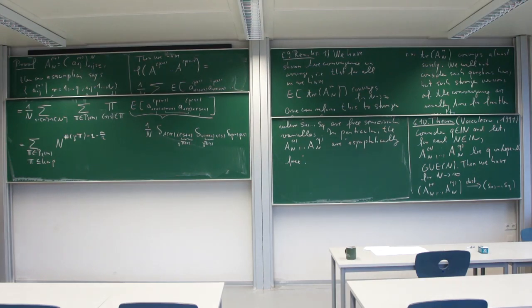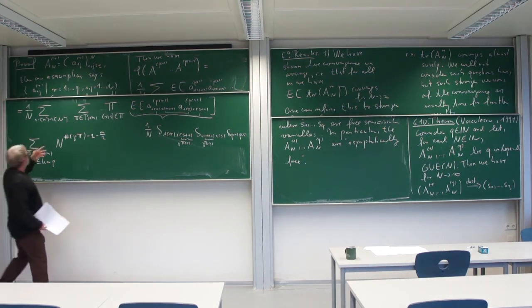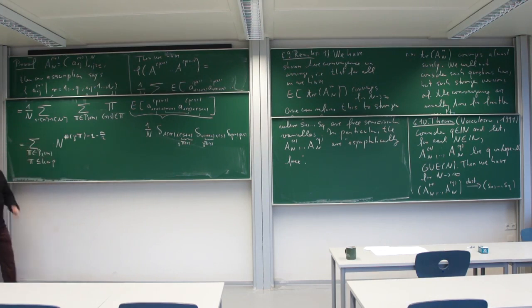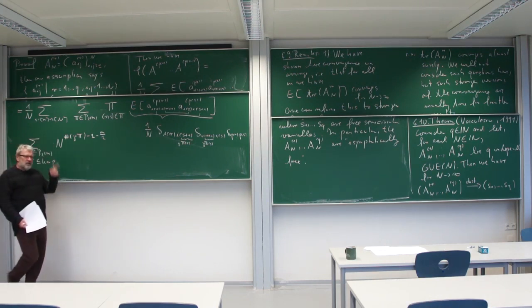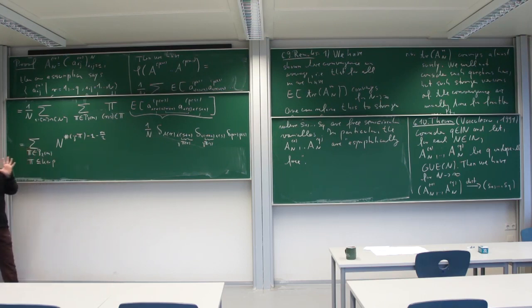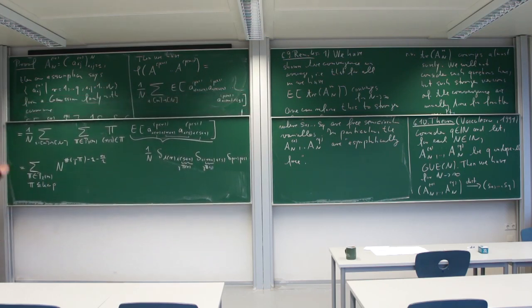So we had this notation. P was a multi-index, or alternatively a function like this, and the kernel of this p is the partition which tells me whether indices are the same and whether they are different. A block corresponds to positions where indices are the same. So on each block they are the same. And if pi is less than this, it tells me exactly that pi must connect the same p's, the same values of p. Good. Okay, so you see we get our calculation of this joint moment goes in the same way